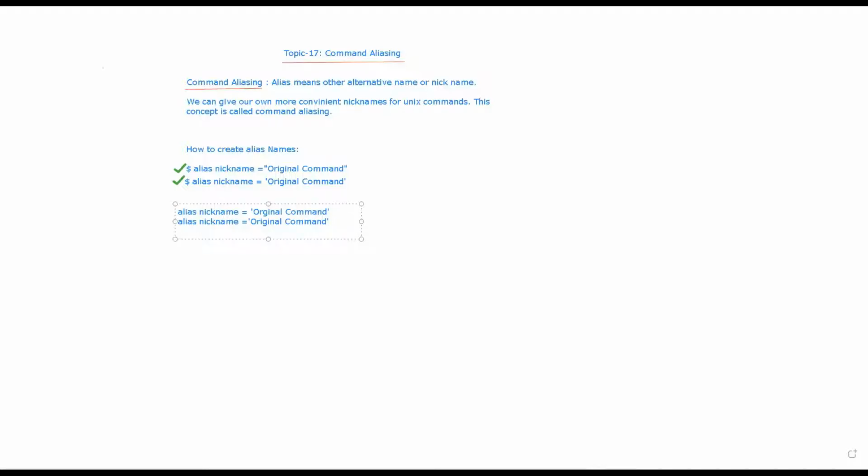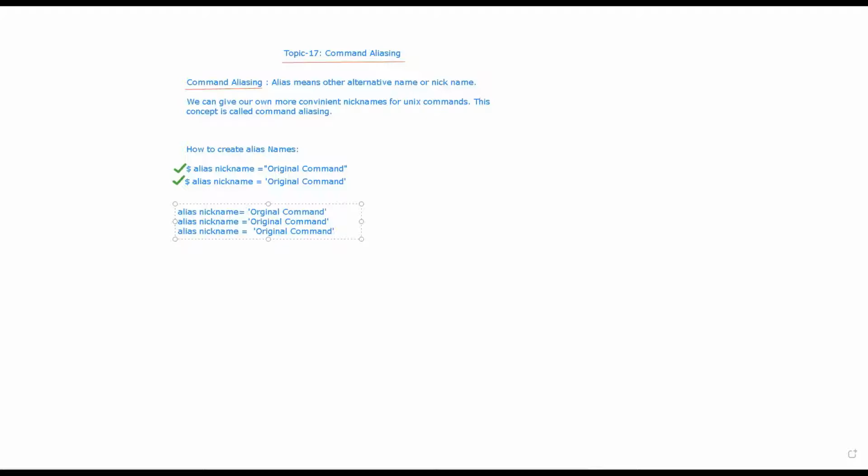So let's say if I create one more alias, I say alias nickname is equal to original command, right? So if you see here, what I did, I added the space here, right?